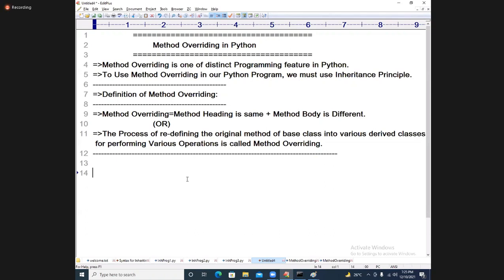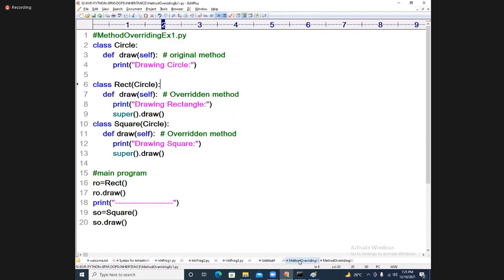In real time, every piece of code will contain 3 or 4 lines, maximum 15 to 20 lines. We cannot write code of more than 100 or 150 lines in the same place, which is not programming at all. So we talked about constructor overriding, and I also said method overriding.